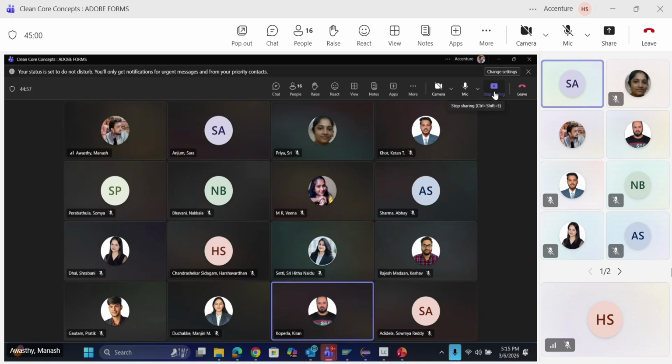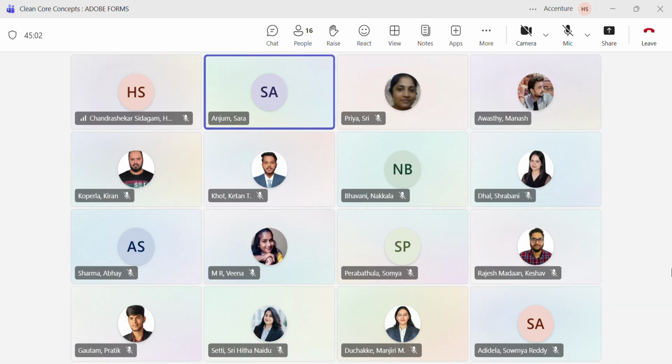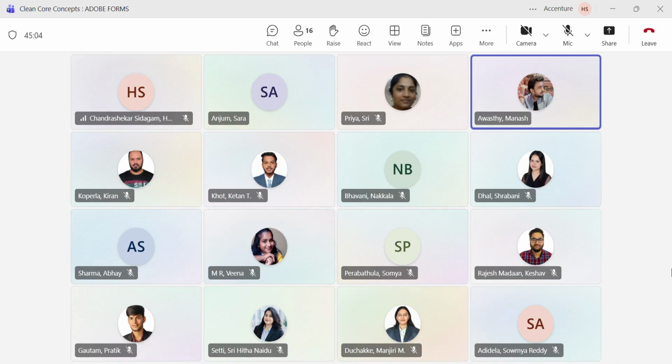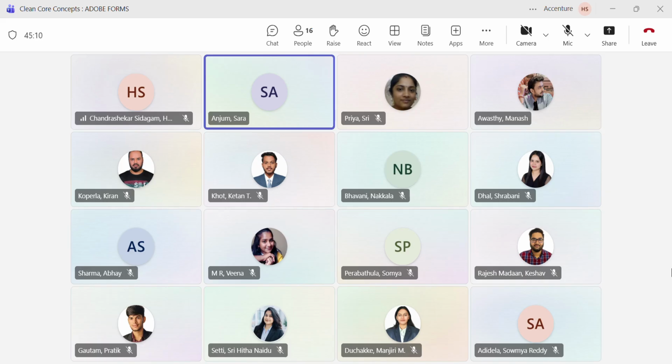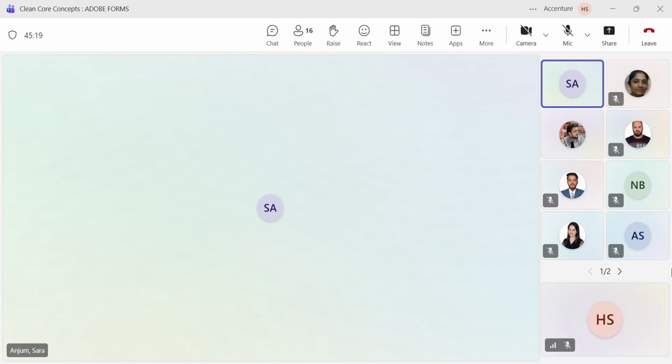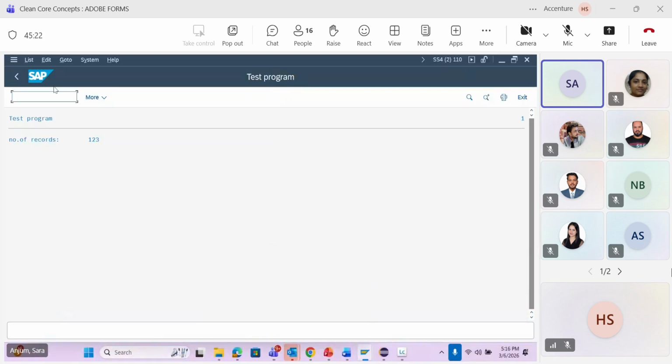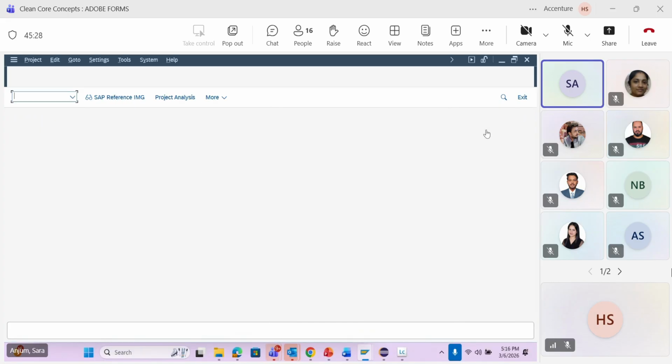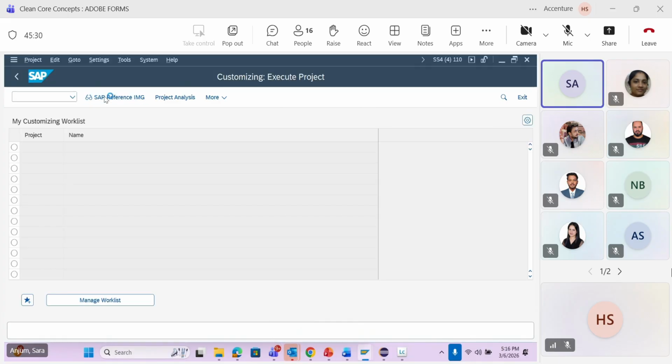Manish, we have that configuration, no? Which is the output for the master determination template. Yeah, the master template. We need to check this for the master template. Okay, let me share my screen. So there is one configuration also which we need to do. While downloading the template, we have downloaded it with the master template, right? So in SPRO,